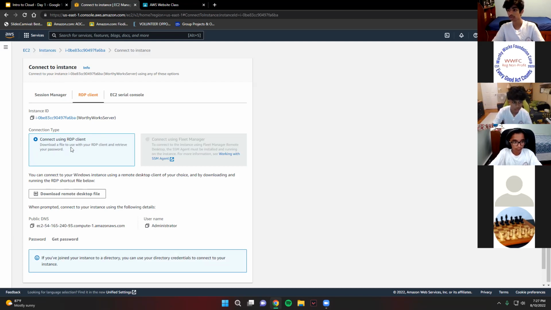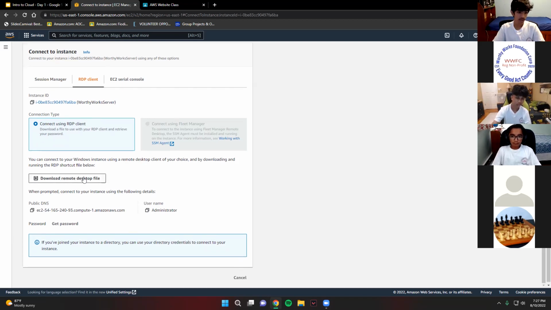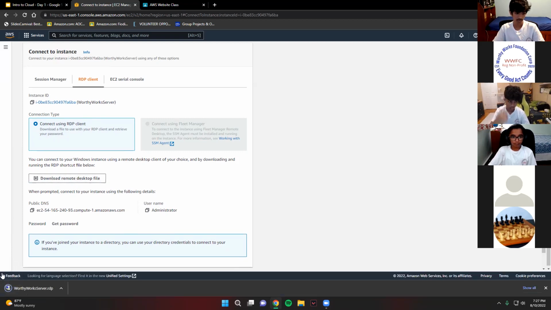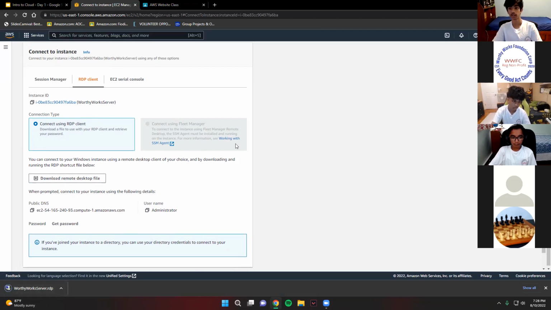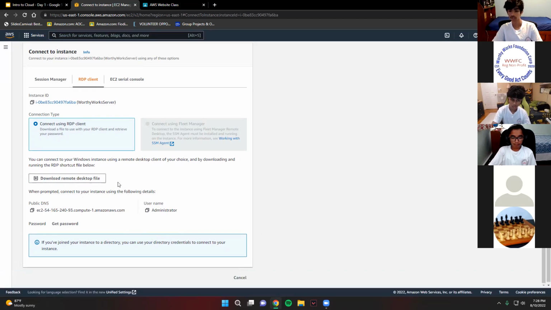So basically what this means is that we're using our own machine as a remote desktop to a server in AWS. And what we're gonna click now is download remote desktop file. So this is basically what we're gonna be using to access the Windows machine. So you can download this, like the key pair, this will download onto your computer in your downloads folder. It shouldn't take that long. It's a relatively small file. Once you have that downloaded, just give me a thumbs up.